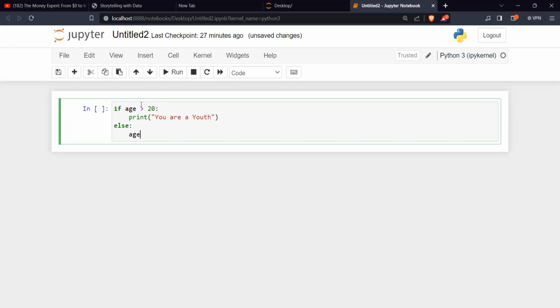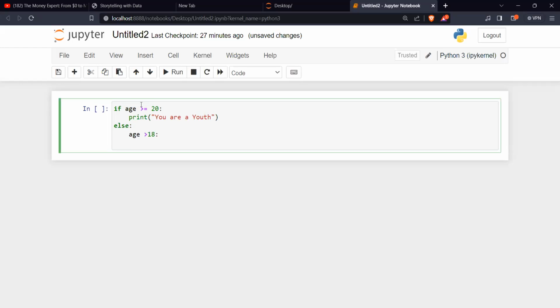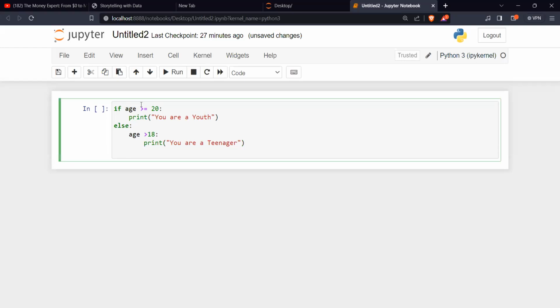Else, if age is greater than or equal to 20, then if age is greater than 18, print you are a teenager, something like that.